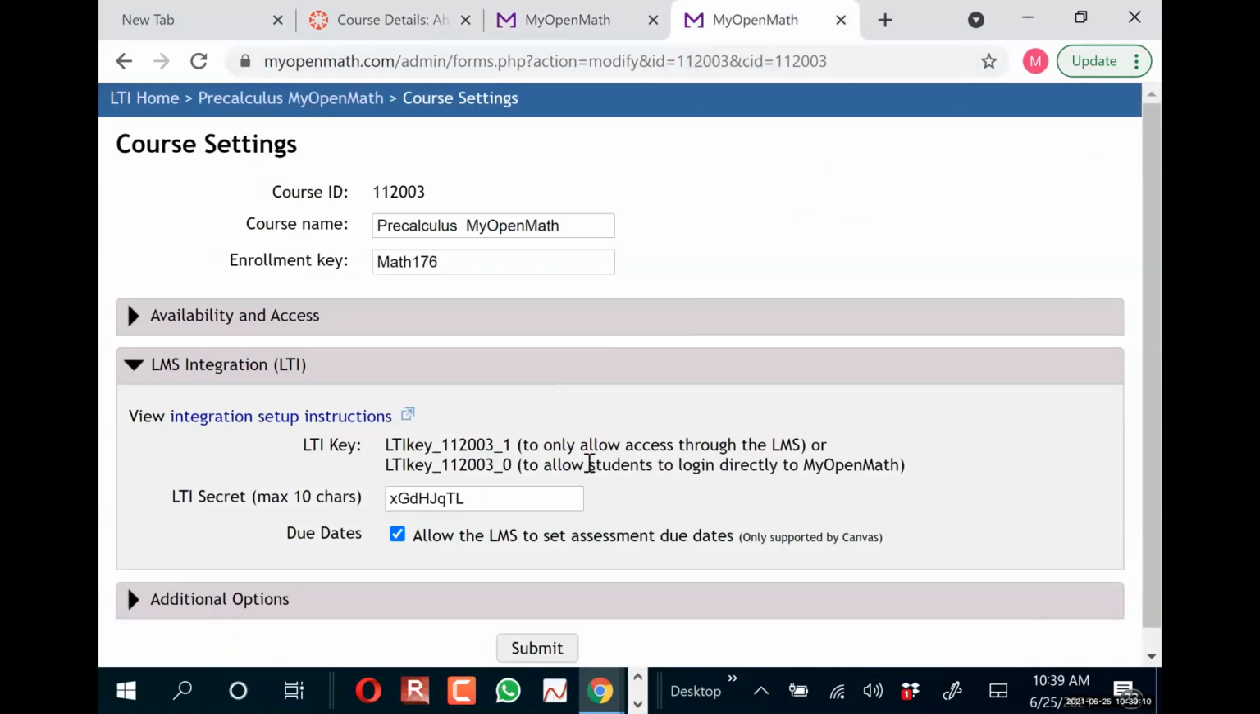LTI key is this one. Doesn't matter which one you pick? Yeah, this one only allows access through the LMS or directly to my OpenMath. I think because I wanted this to be LMS, I should choose this one because it's only